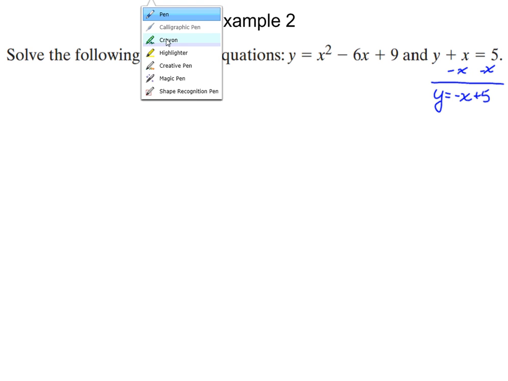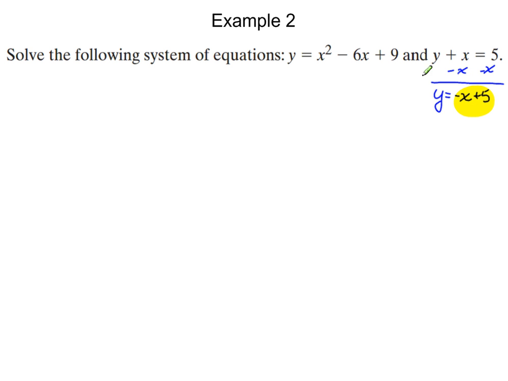Alright, so now I take what y is equal to and I plug it in right here for y. Now, in this one, the y was already solved for in this equation, so I could have just taken this whole thing and plugged it in where the y is over here. Either way, you still get the same answer in the end, so I'm going to keep doing what I did. So I take and I plug in the negative x plus 5 for the y right there. The rest of it stays the same. X squared minus 6x